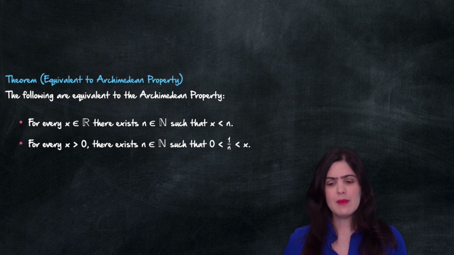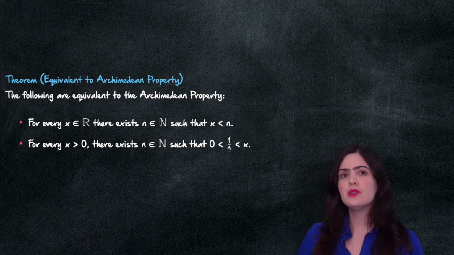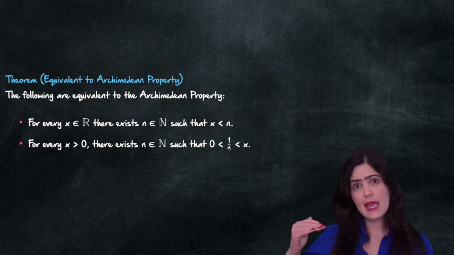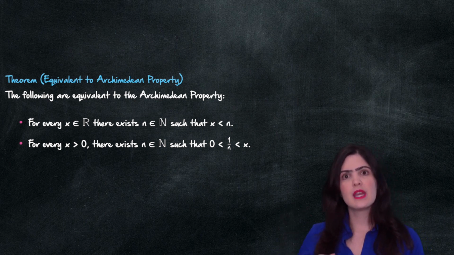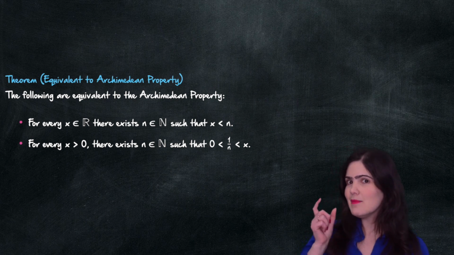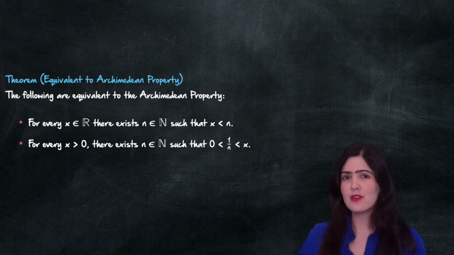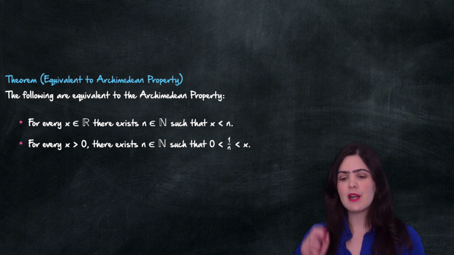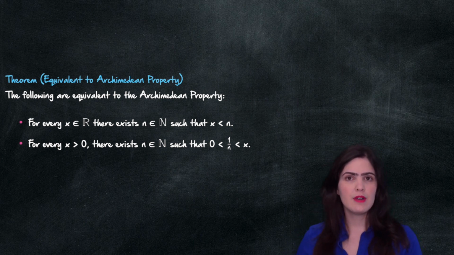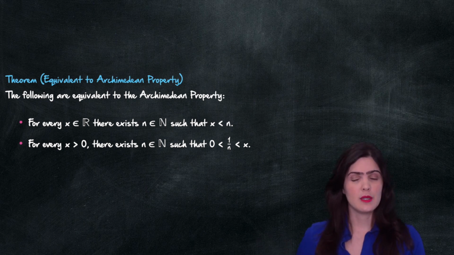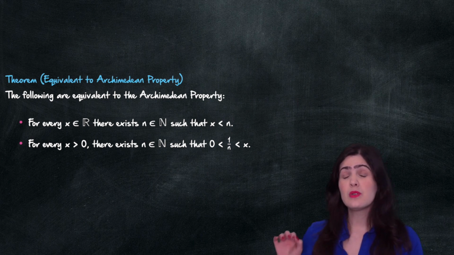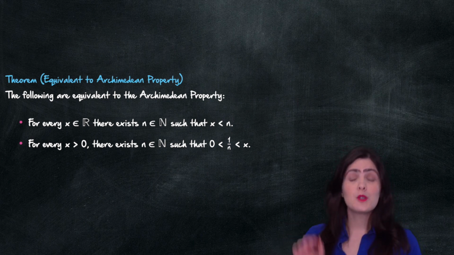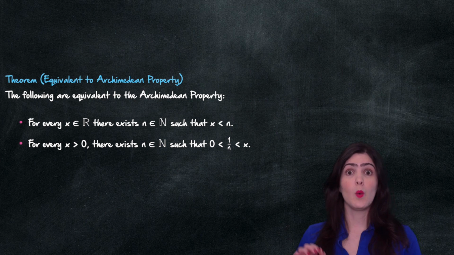And if you do the manipulations, try to see how you can go from the first statement on this slide to the second statement on this slide. It's actually quite simple. Try to think about how you would do it. Maybe think about changing the names of your variables a bit to make it clearer. But it's not a difficult proof. Give it a go. If you have questions, just please let me know. But I think you can do it. And this second statement is the one that is going to save our lives so many times when we're working with sequences.